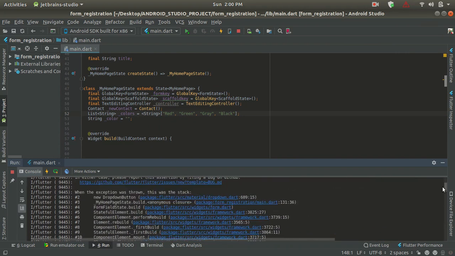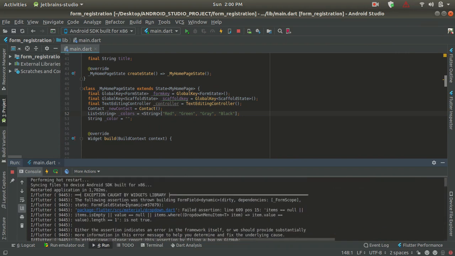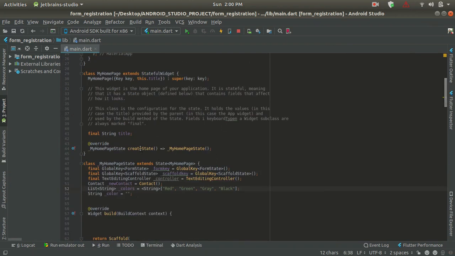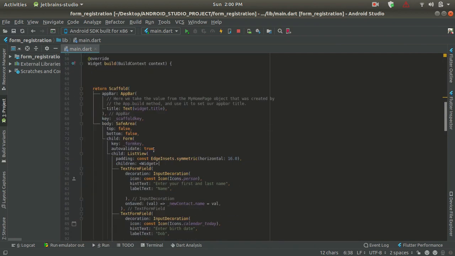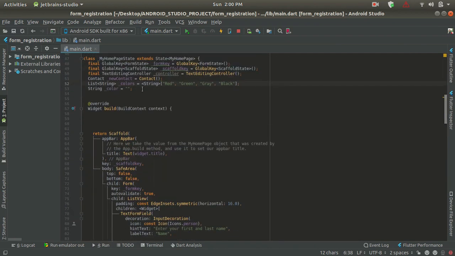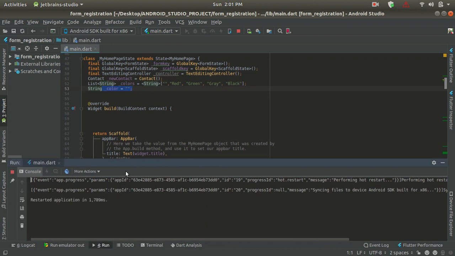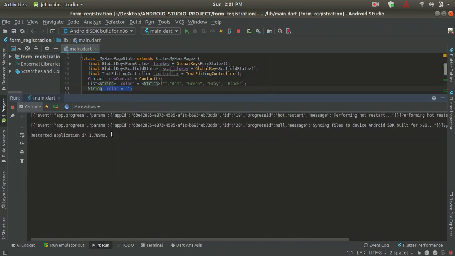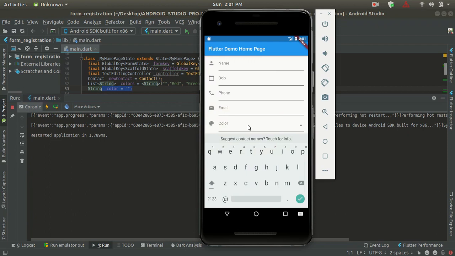This error is giving, as you can read over here, a dynamic error that the form field does not identify the default value of that part in our color part. As you can see inside this list, we are by default providing the value of color as empty, but this empty we do not include inside our color list. So to resolve this error, we just have to include an empty string inside this color list so that it can identify it dynamically. Let's just run this code again,